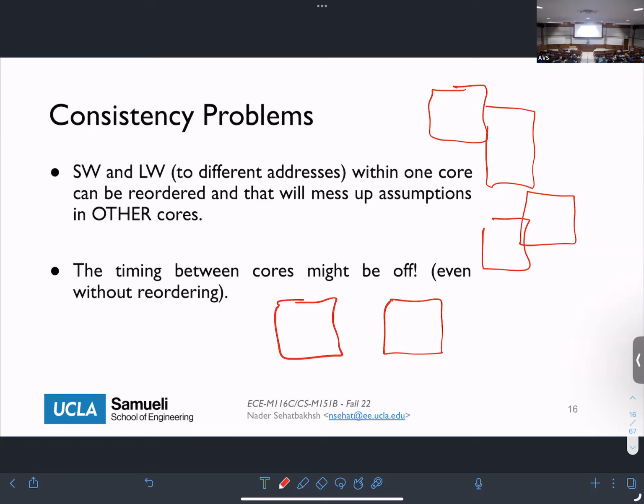And if you're assuming that this should happen before that, we need to come up with solutions to enforce that. Otherwise, in the normal system, there's no way to tell core number 2 that, oh, my data is here, you should be here too. Okay? Only within each core you have your PC and you enforce the program order and so forth. Between the cores, PCs are independent. You have no control over where your PC is for each core. Does that make sense?